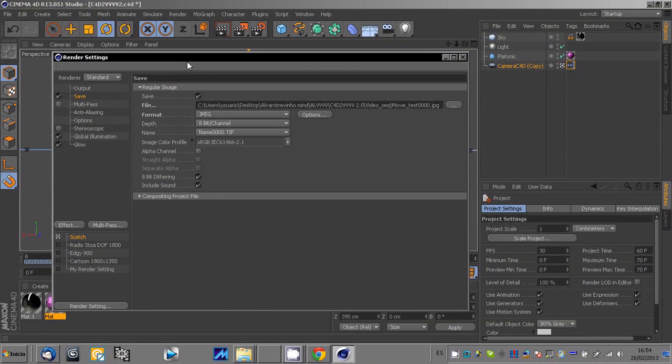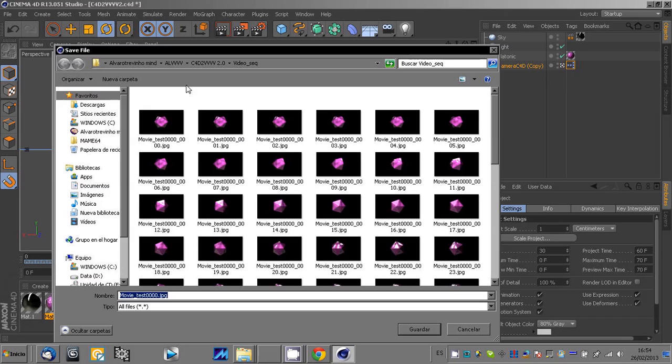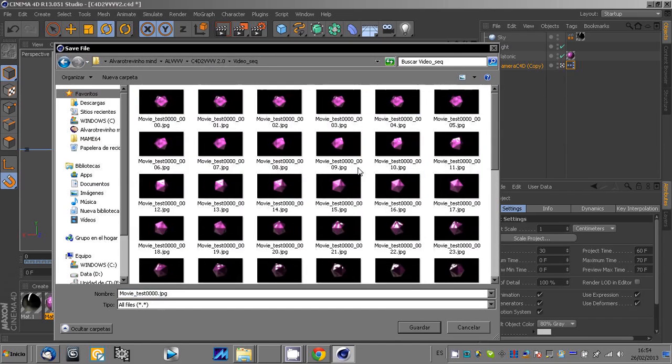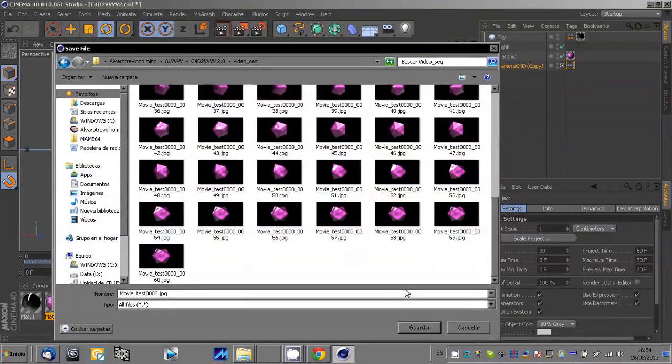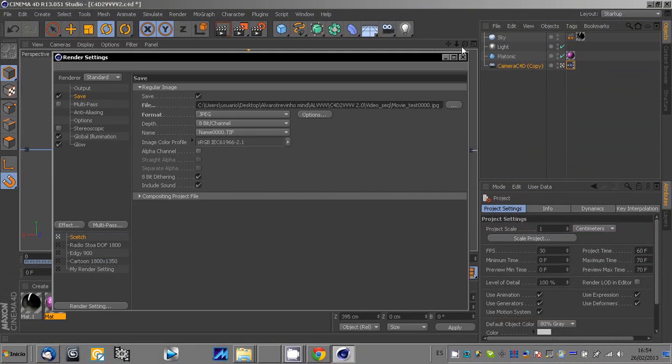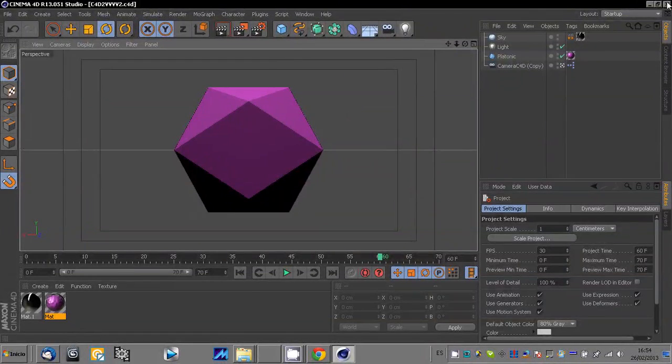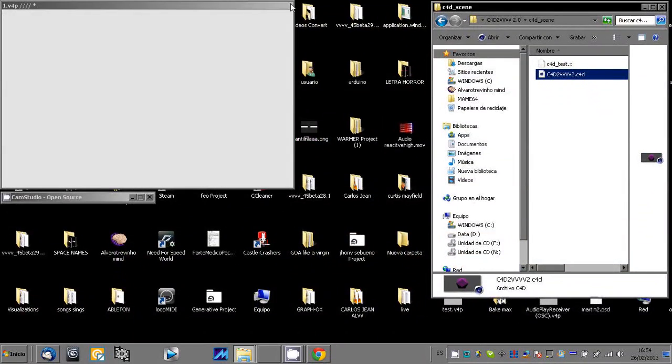And in case you are doing it with a new scene, you should render an animated sequence of the animation, okay? In this case I included it in the folder video seq, so you don't need to render it at all, okay? Okay, and that's all. We can just save and close Cinema 4D, and let's go back to VVVV